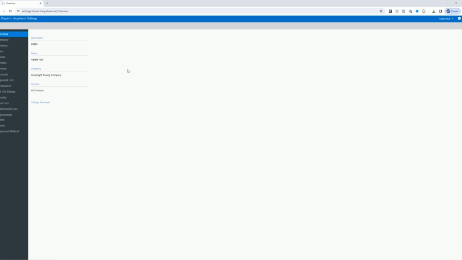Today I wanted to talk about how to help automate invoicing and statements to go out to accounts, and how to configure that information in our settings page in order to help streamline your invoicing and your statements process within Dispatch Anywhere. First thing we want to do is navigate to our settings page at